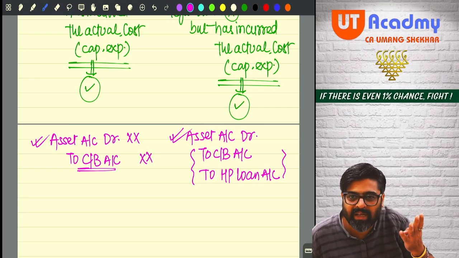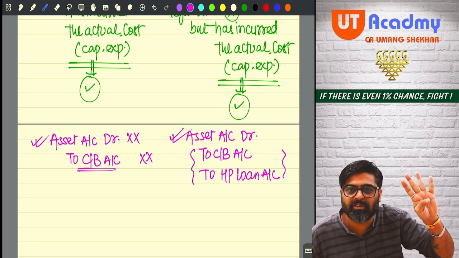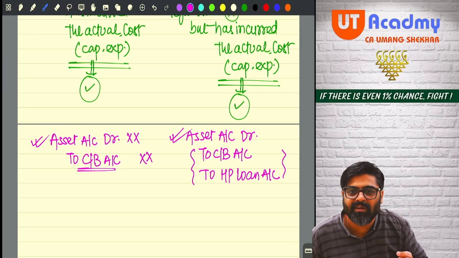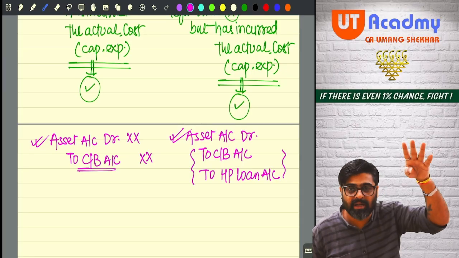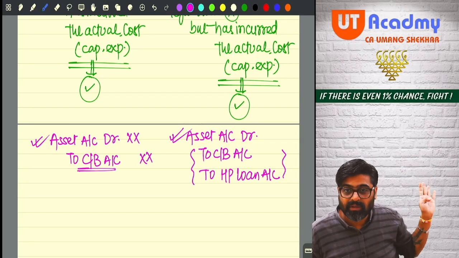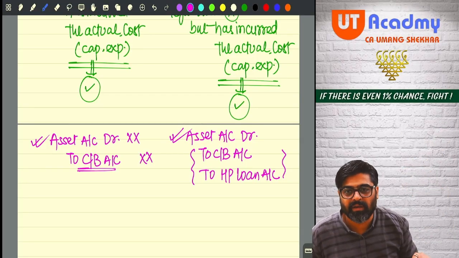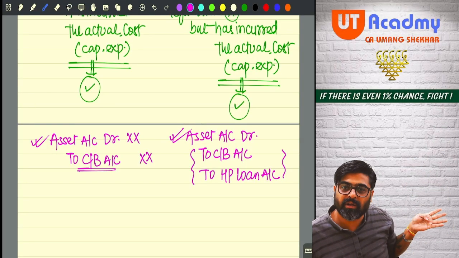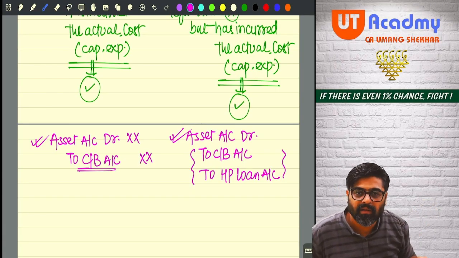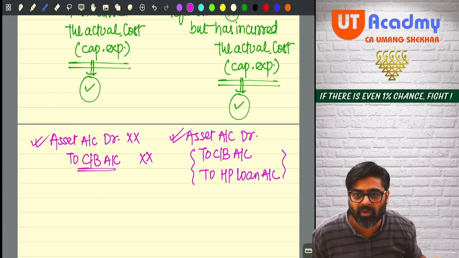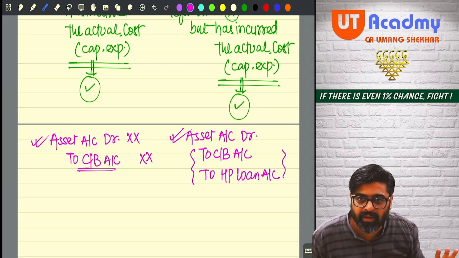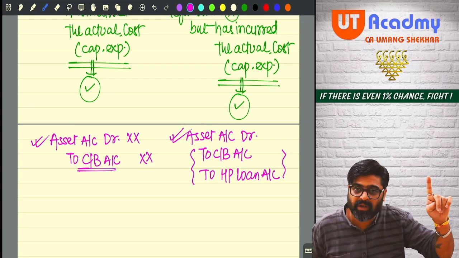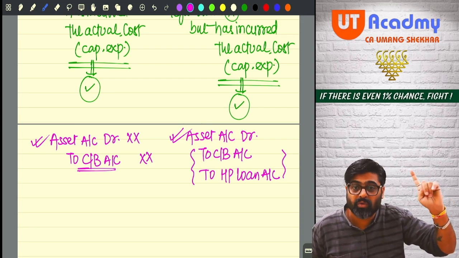So the balance 40 lakhs of the cost of that truck is going to be paid by me only, no? But I'm not going to pay directly to the vendor because the bank has paid directly to the vendor. Now that 40 lakhs I'm going to return to the bank only, who has provided that loan. Getting my point? But wait, the bank will pay that 40 lakhs to the truck vendor